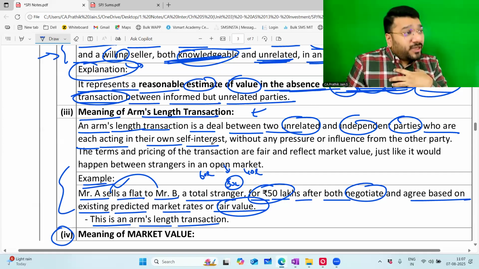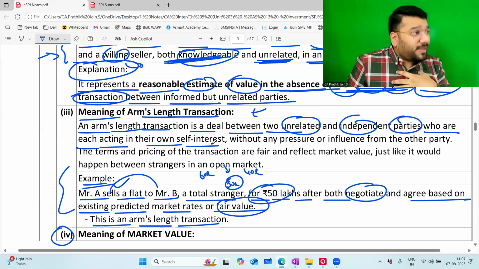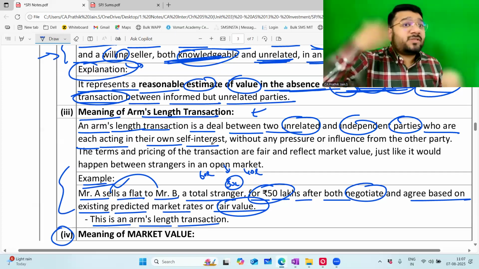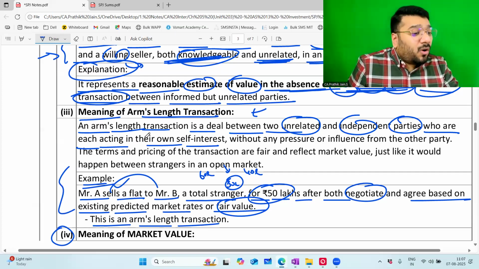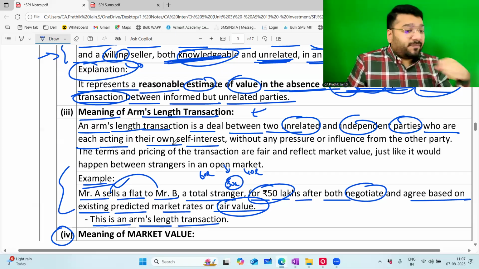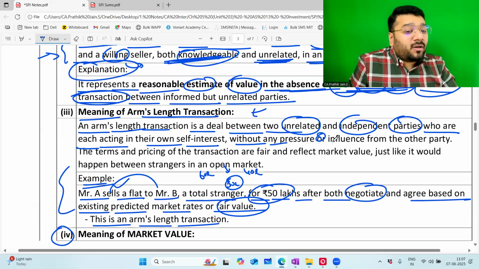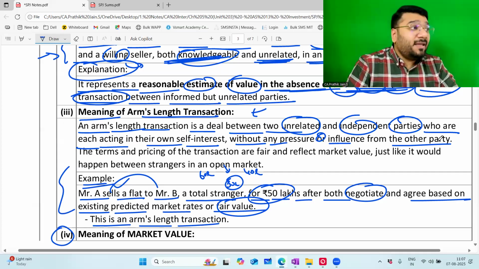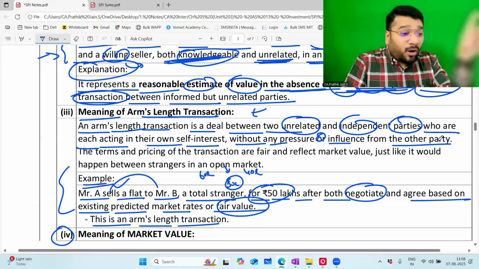Buyer is trying to negotiate to get the property at a lesser price because that is what we do. Buyer wants to get at the lesser price. Seller wants to sell at a higher price. So all of them are acting for their own self-interest without any pressure or influence from the other party. If influence is coming from the other party and the transaction takes place, then we will not call that an